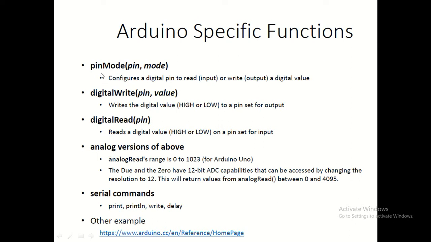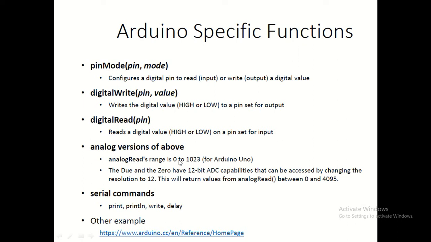And of course, these three keywords are meant for GPIO pins, meaning digital input output pins. Then there are pins which are analog in nature. Analog means like a sensor, where the variable varies from 0 to some value. In this microcontroller the value could vary anywhere from 0 to 1023, because it is a 10-bit analog to digital converter.